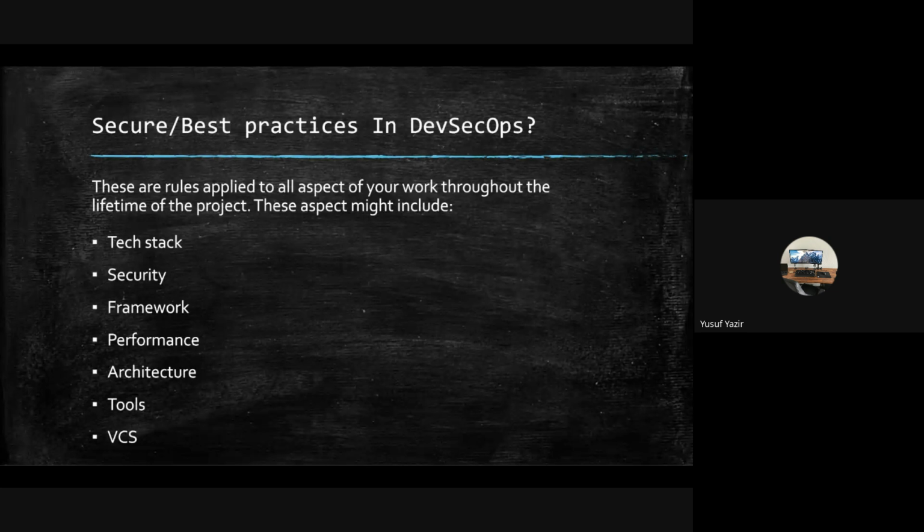But I don't want to name shame any tech stack because I know some people here might really support that kind of stack. My point is just that you have to know what tech stack you are using. This will be really helpful in terms of making sure everything is running properly and in terms of security as well. And also whenever you're considering a tech stack, you have to make sure this tech stack has some functionality or